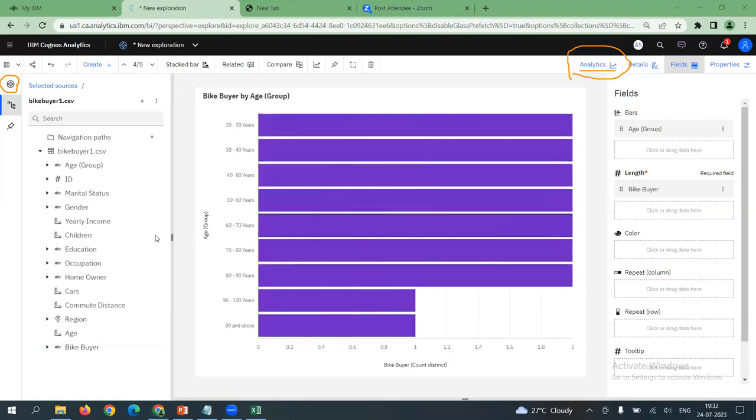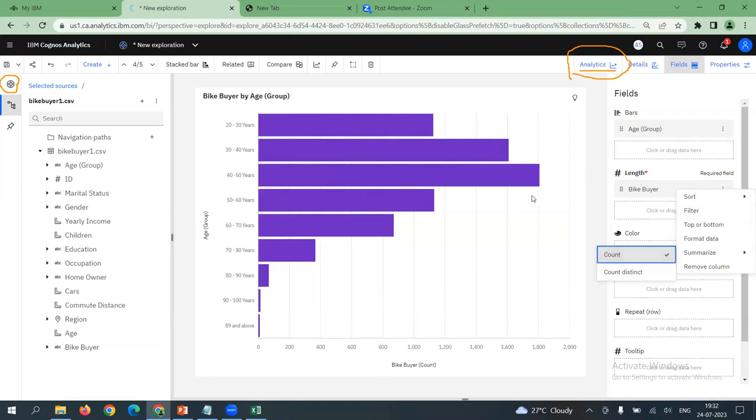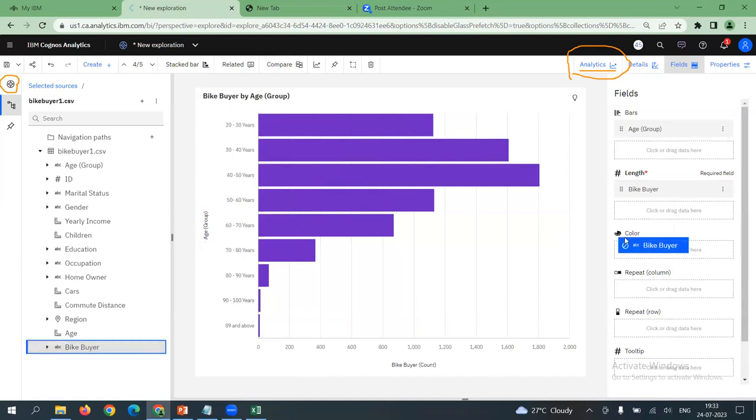But now you can see on your y-axis, age groups are displayed, which is what, of course, we are exploring. All respondents' ages are displayed as age groups. Let us do some revisions in the aggregation summary and change the summarize to count function. To distinguish the graph, to be more precise in accuracy, we will put the bike buyer in our color shelf.